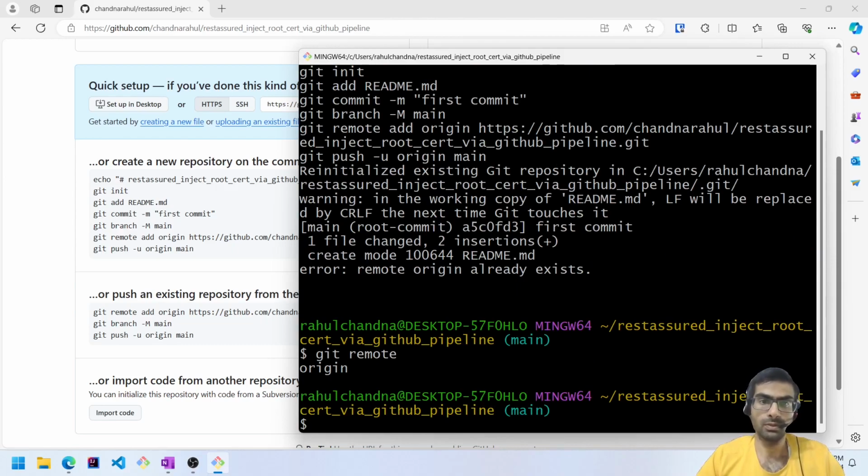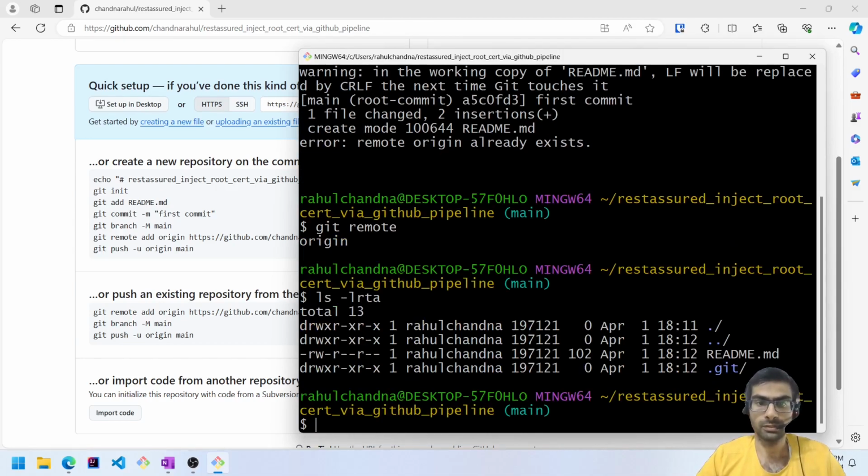So there are two things. I can actually do a git remote remove, which will delete the origin, and then I can rerun the commands again. Or if we do ls -lrta to show hidden files,